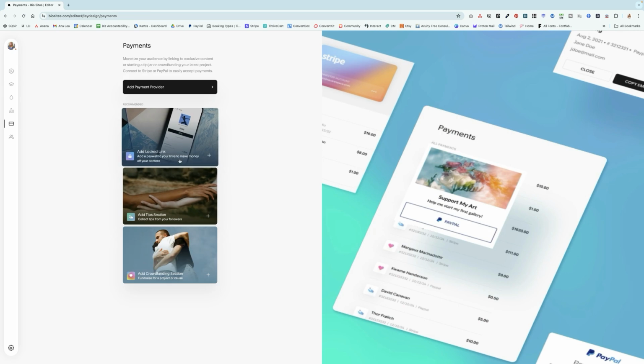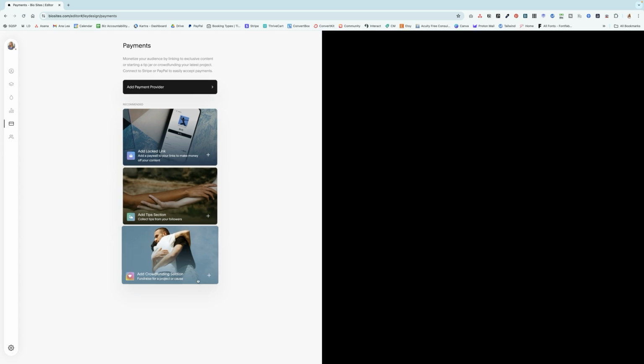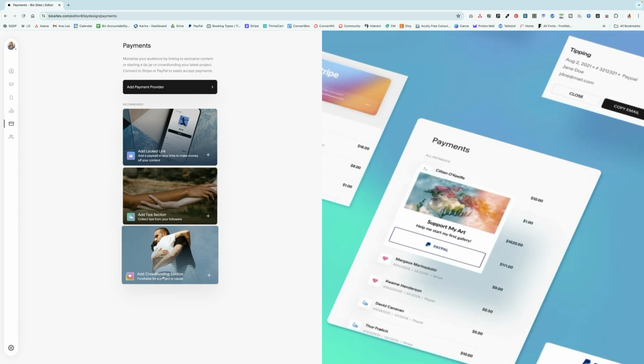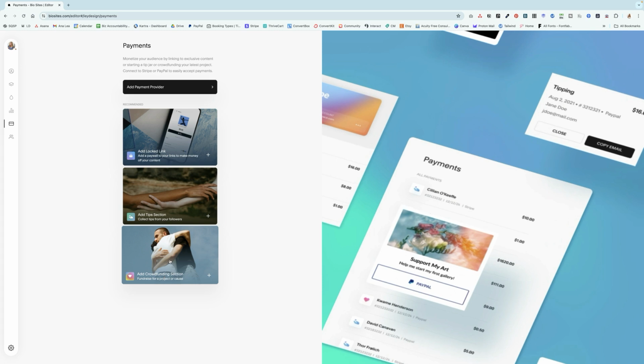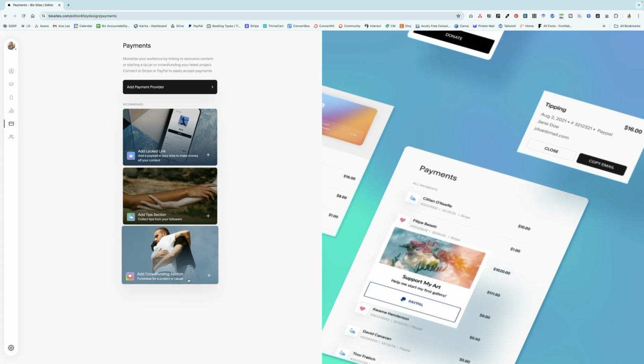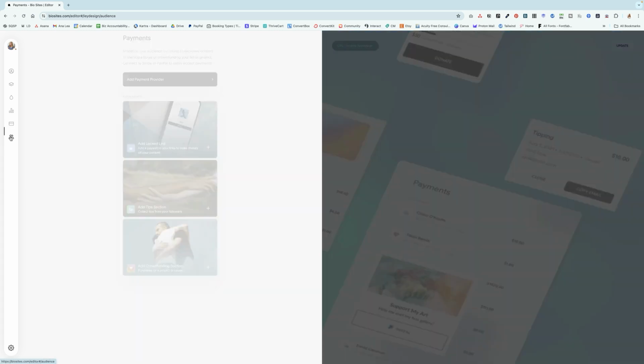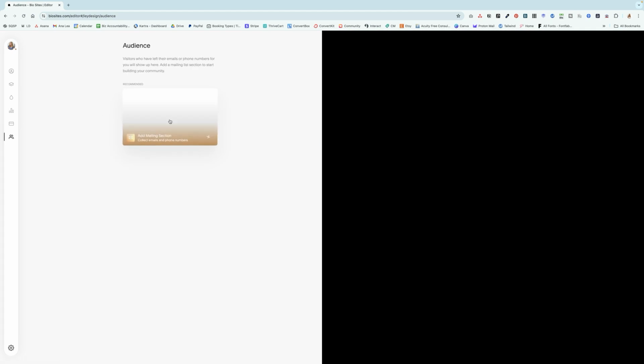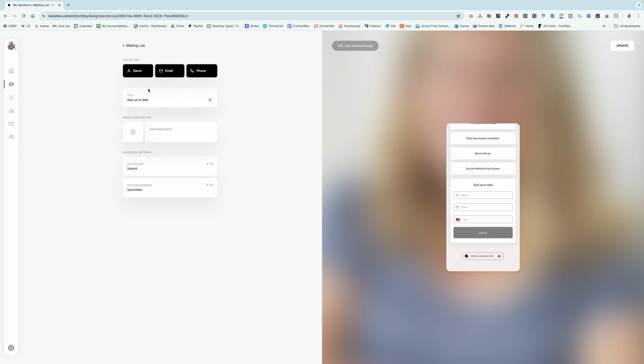And then you can either add a locked link. So if you have content that you want people to pay for, this is where you would add those links. You can also add a tips section so that your followers can leave you tips. Or if you want to collect money for a specific cause, then you can add a crowdfunding section and collect donations. And then finally, under audience is basically where you can add a mailing section and start collecting subscribers for